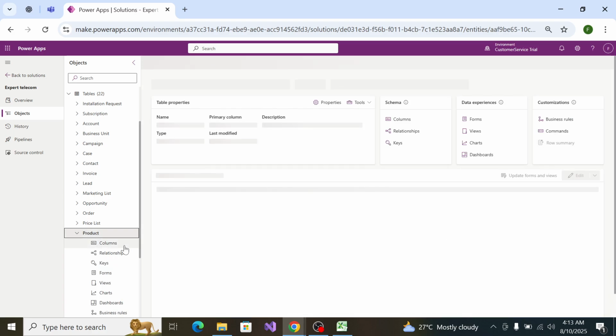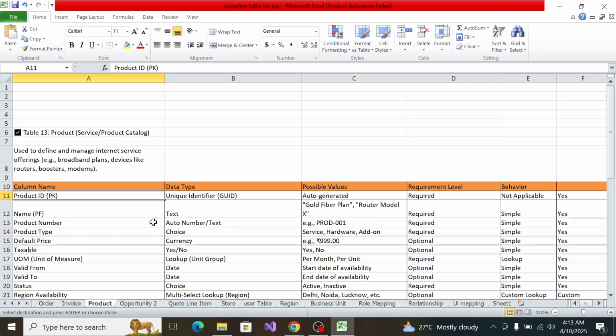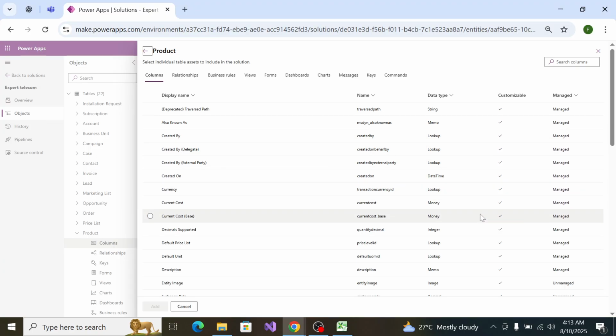For the product, click on columns. Here we need to add, click on add existing product ID,